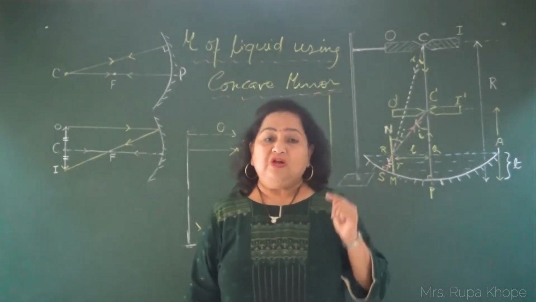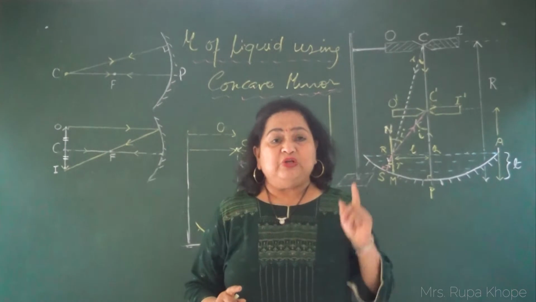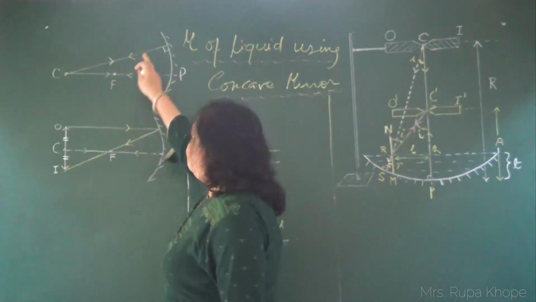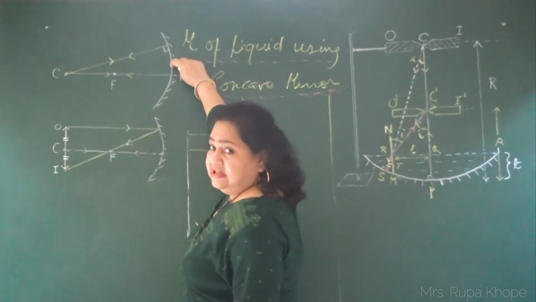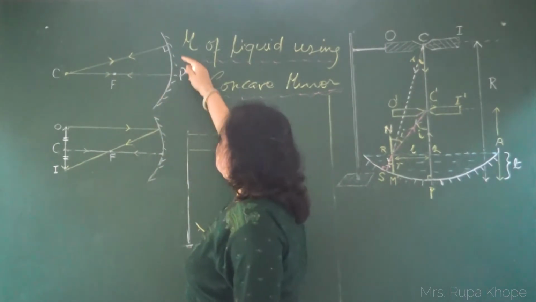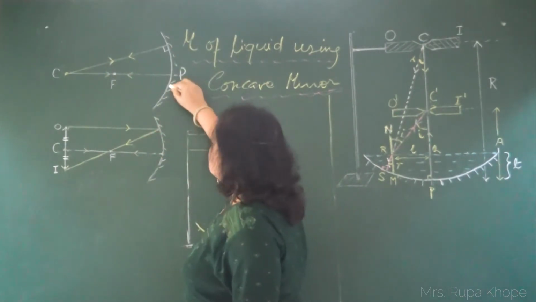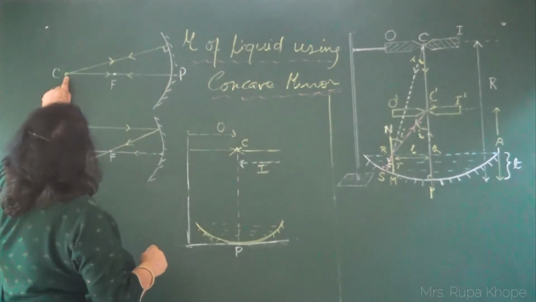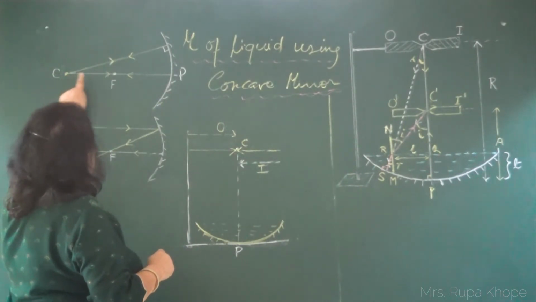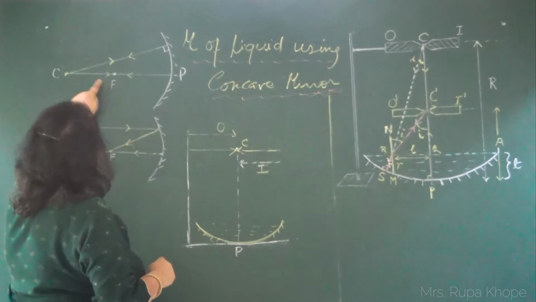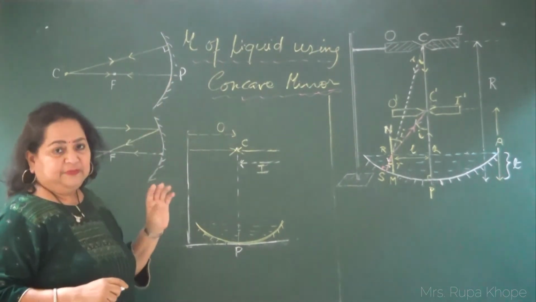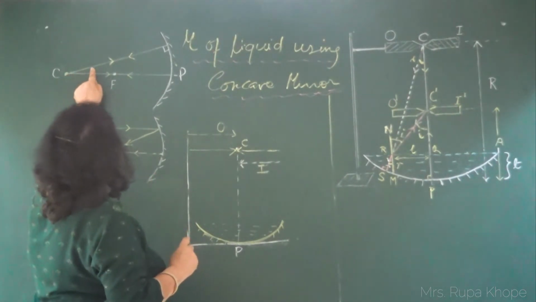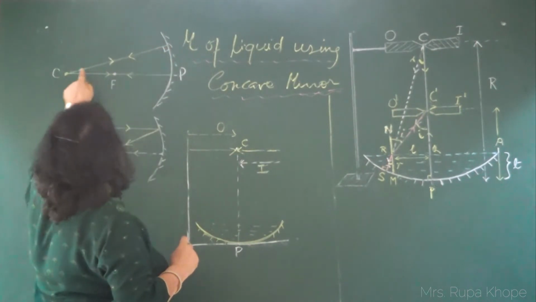Before that, we need to know the concepts. I'll make the concepts clear so that you'll understand the ray diagram properly. So the concept is, this is a concave mirror. This side is a mirror surface, or a reflecting surface. This side is opaque. You can see these lines which are drawn here. Suppose I keep the point object at the center of curvature. P is the pole, F is the focus, and this line is called the principal axis. At the center of curvature, I have kept one point object. So the ray of light will come and go back in the same direction.